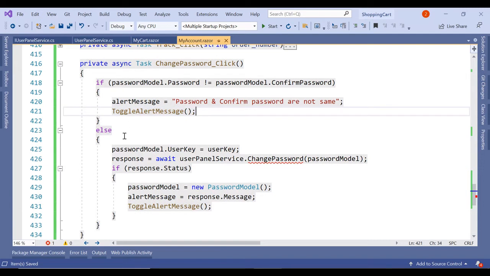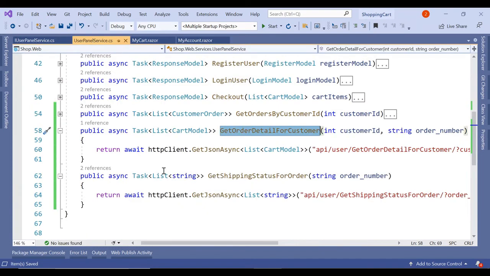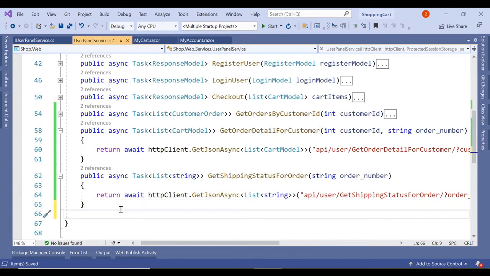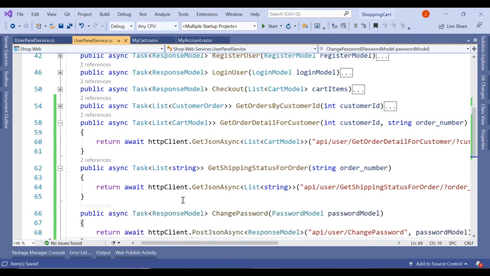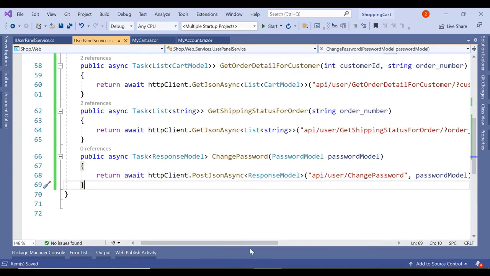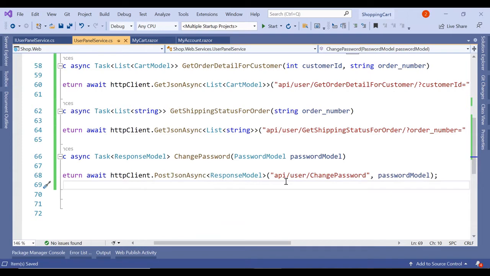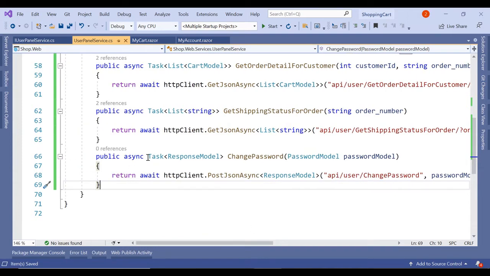If both are same, then we are simply adding the user key and then passing it to our API service via the user panel service. And after the password is updated, we are simply showing the message and displaying the alert message again. So let's add this change password in our user panel service. So it's a simple post method. We are posting the entire password model to our change password user API controller. Okay, let me add this